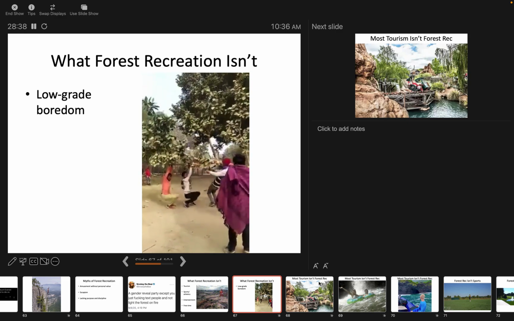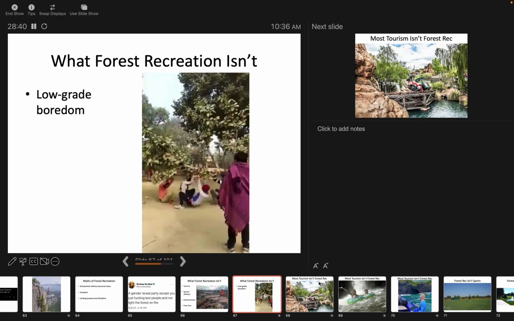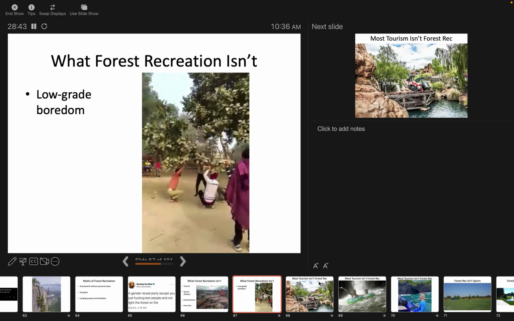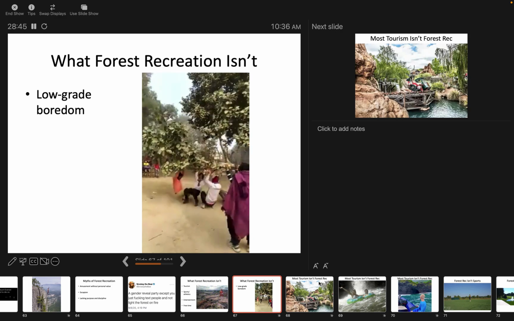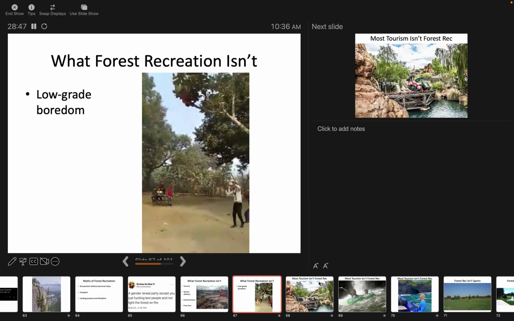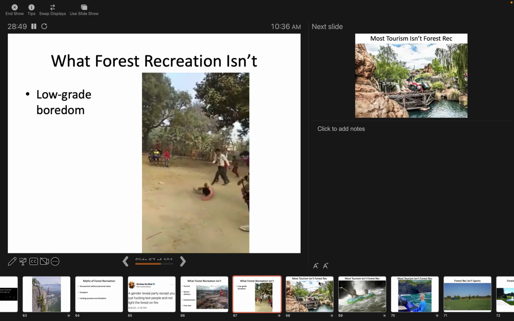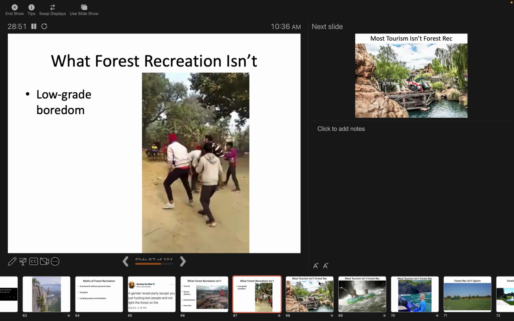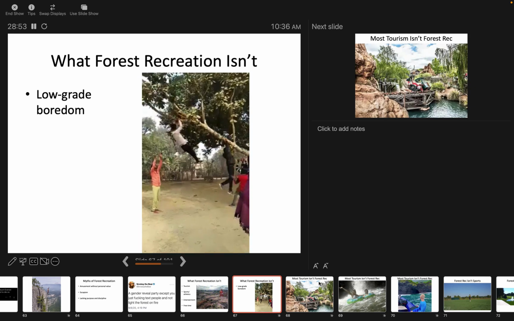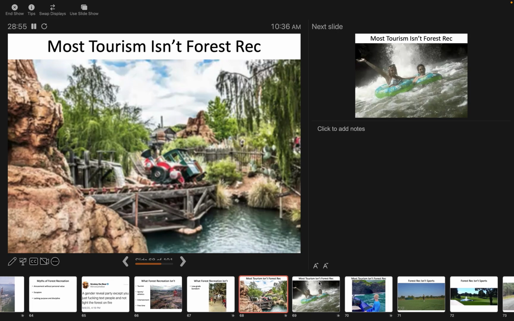So using resources in a way that the resource gets degraded by, and or people getting injured by, is not the thing. It's a good thing he stopped his fall with his cranium. Okay. It is also not stuff like